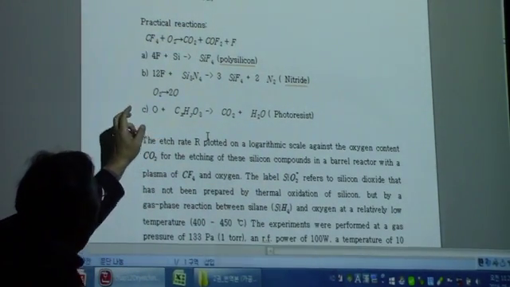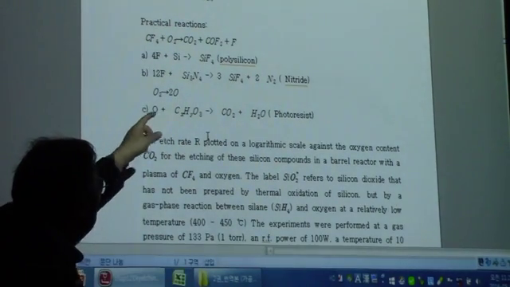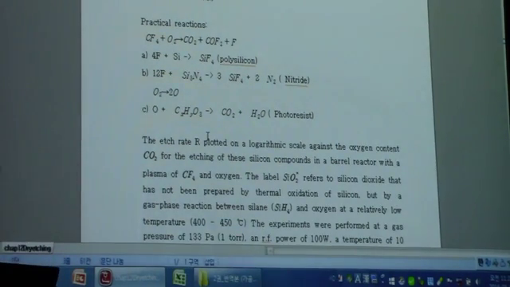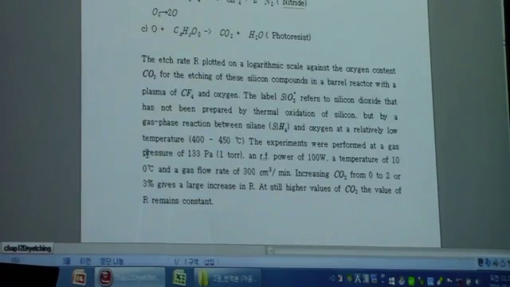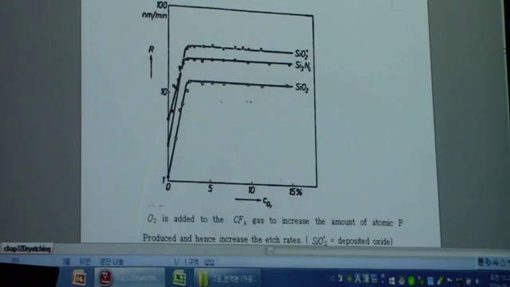So we can use the fluorine gas and oxygen gas combination to etch silicon, silicon nitride, and photoresist. A series of experimental results will show you how effective this barrel type reactor can be. Okay, this is the first result, and the